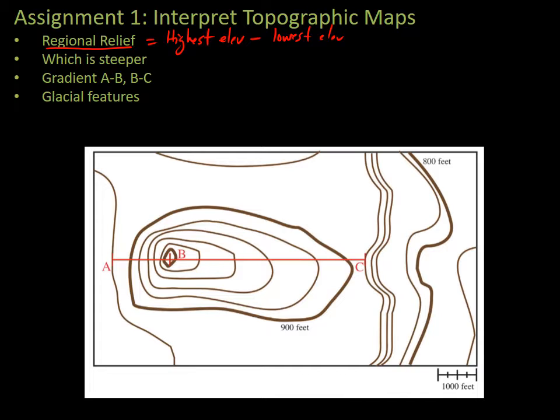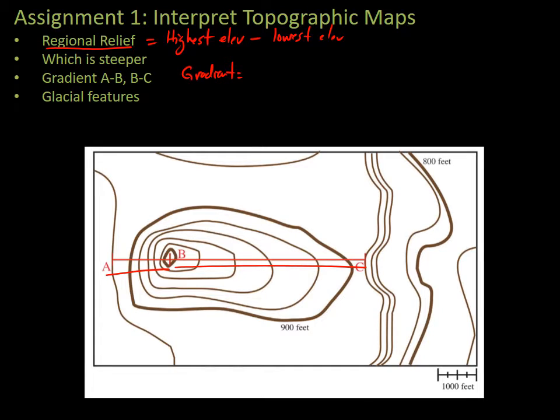You need to also take a look at the map and figure out which parts are steeper. In other words, you're going to be looking at from A to B versus B to C. Which parts are steeper and how do you know? Another calculation you'll have to do is the gradient between points A and B and between B and C. The gradient is a way to quantify how steep a portion of a landscape is. And the gradient is calculated